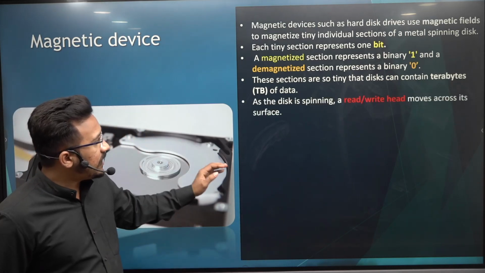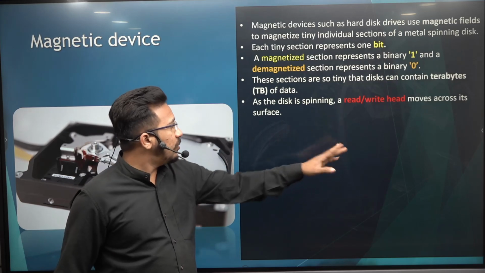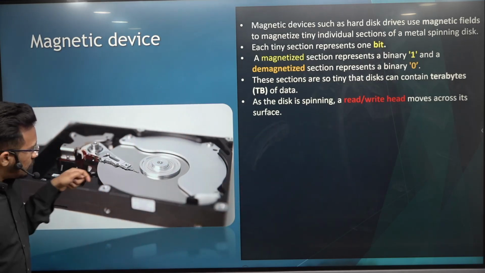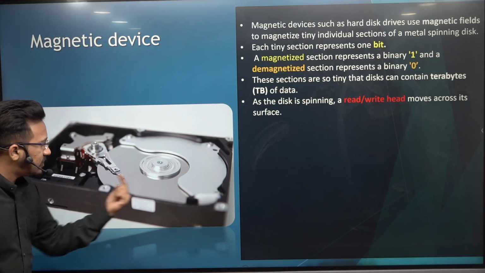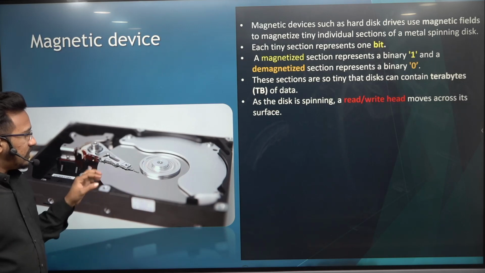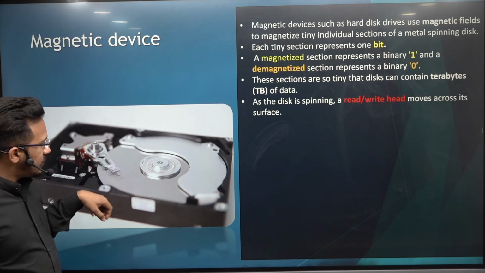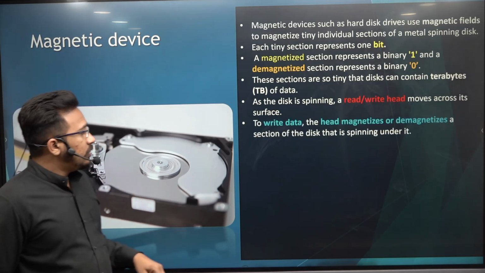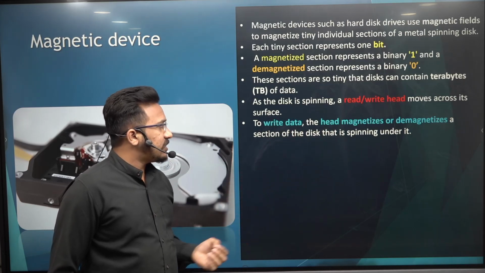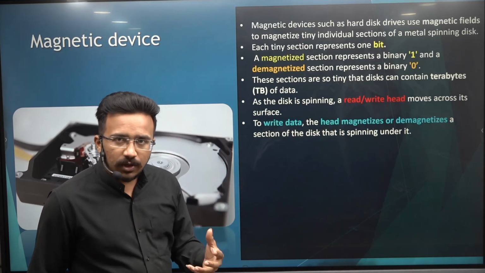As the disk is spinning, the read and write head moves across its surface. As you can see in the image, this moves along its surface and this disk is continuously rotating on its axis. So this allows it to read the whole disk. To write the data, the head magnetizes and demagnetizes a section according to the